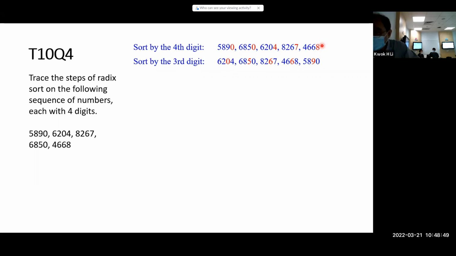Okay, so based on that, the second line, we sort by the second digit. 2, 8, 2, 6, 8. Number 2 should be earlier, right? But this one is stable, right? So this one comes first before this one. Okay, so it's like that. Okay or not? Done. Next,